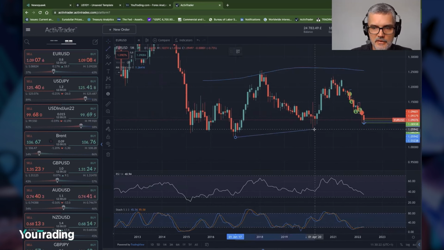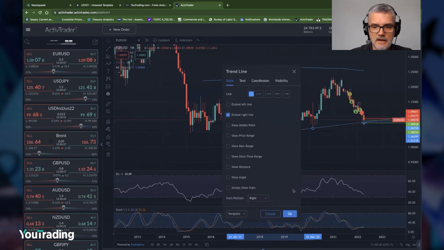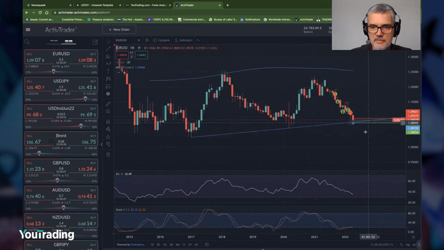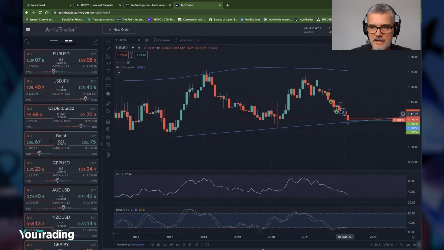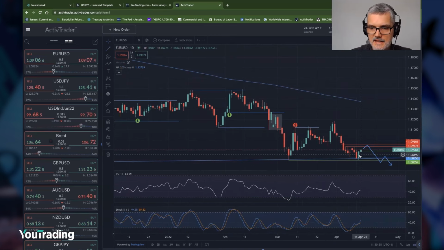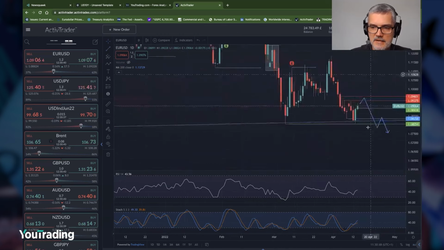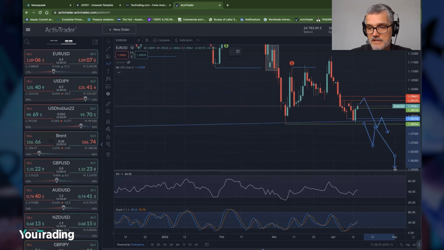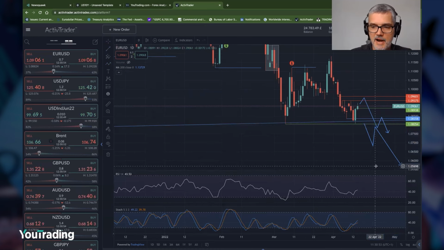Obviously, if we get below this swing low here, and if I was to extend that to the right, you can see that's kind of where we've been testing this month and last month. So if we go back to a daily chart, you can see this rising blue line. Yesterday bounced off it. So if we take out yesterday's low, then that opens up the possibility of a breakdown, retest, and continuation lower. So again, we might not just get the sweep low before coming back into the range. We might actually get lower lows down towards parity.